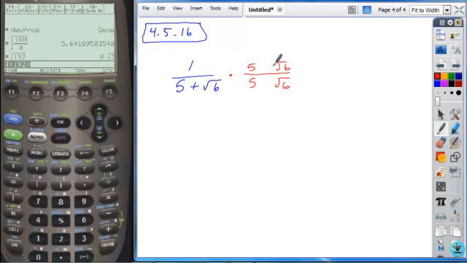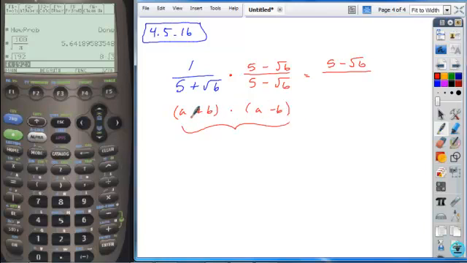So what sign do I need to put between them? The opposite of a positive, so a negative. And now if we multiply across the top, we get 1 times 5 minus root 6. And if we multiply across the bottom, notice this fits that pattern of (a + b) times (a - b). And if you go back to the product rule, when you take the sum and difference of terms and